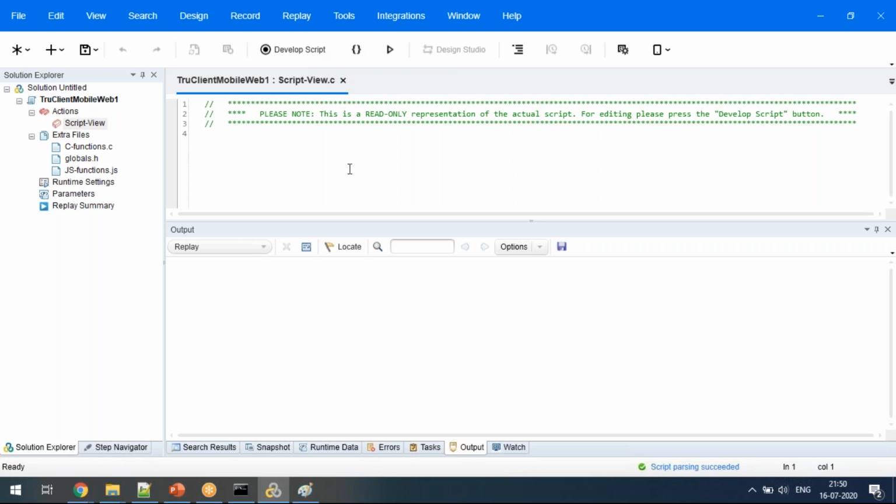With the TrueClient protocol, you are developing a script, and inside that it is an automation kind of activity. You know that, right? I don't want to explain that level. So it is an automation activity embedded inside the TrueClient protocol. So it is not required, Pawan. Okay. Yeah. Thank you.